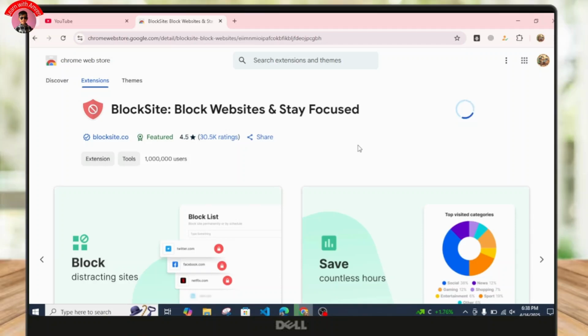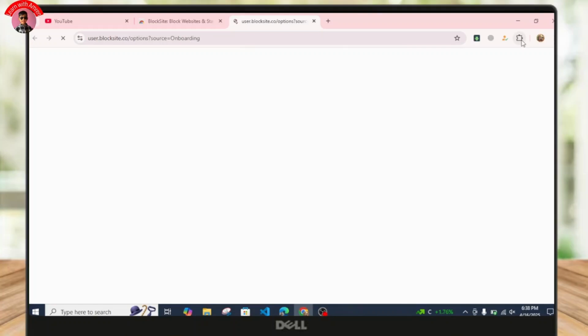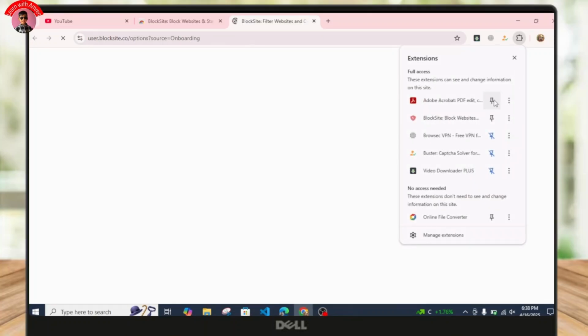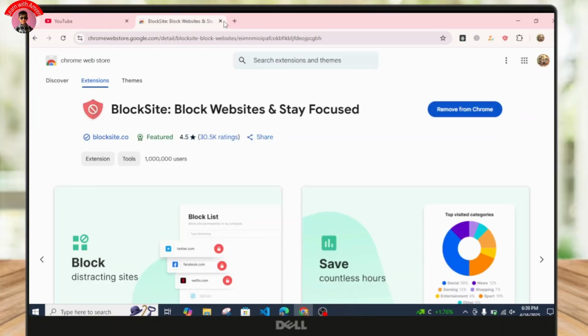Once you do that, you just have to wait for some time as it will automatically get installed and added as an extension on your browser. As you can see, I've already added it. Now you can also pin it by tapping over here on this puzzle icon and tapping on this pin button, and it will automatically pin that particular extension over here. So now all you've got to do is